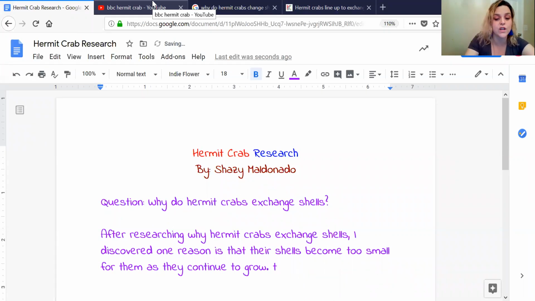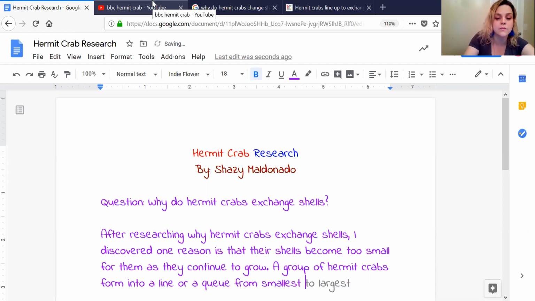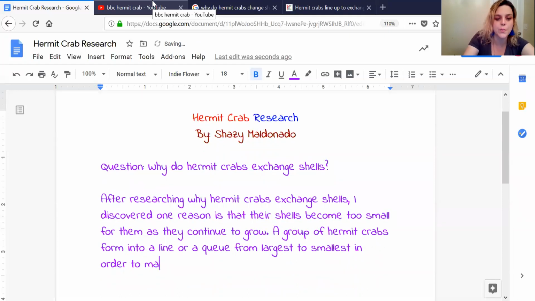And using what I know from the video, they form a group of hermit crabs form into a line or a queue, because that's the word that they use in the video, or a queue from largest to smallest in order to make the exchange in the hopes of getting a just right